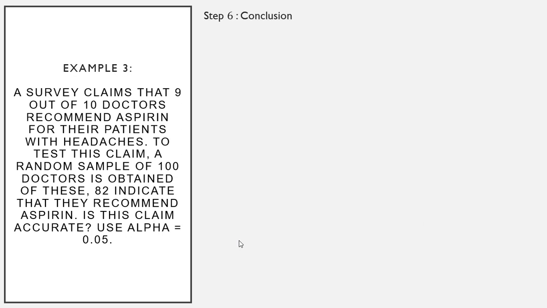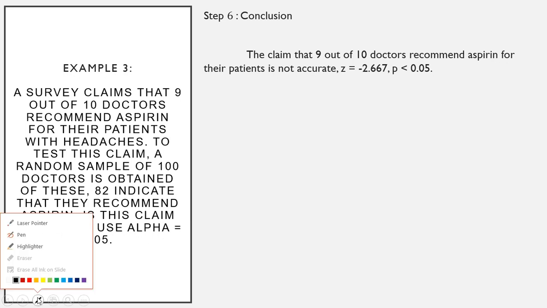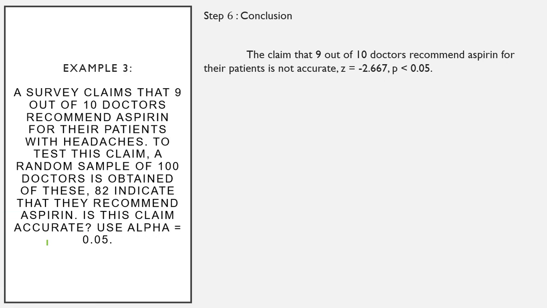And then for the final conclusion or for the final step, since the claim, okay, kasi ang tanong ba daw is accurate ba daw siya? So the claim that 9 out of 10 doctors recommend aspirin for their patient is not accurate. Okay? Because of negative 2.667 as the value of Z. Okay? So, ibig sabihin po niyan, yung kiniklaim po natin na 9 out of 10 doctors na nagre-recommend ng aspirin is hindi po accurate. So, meaning, pwedeng mas mataas, perfect 10, pwede ring mas mababa, below